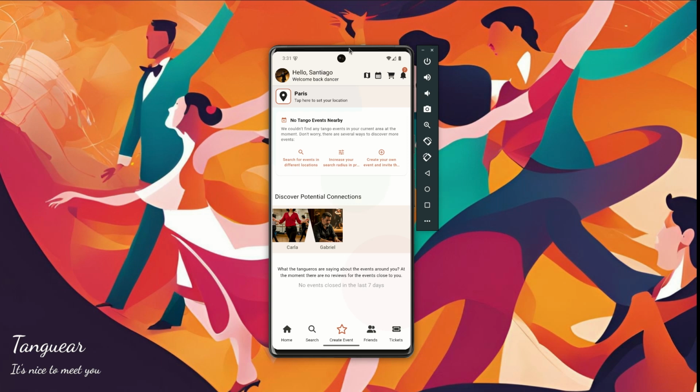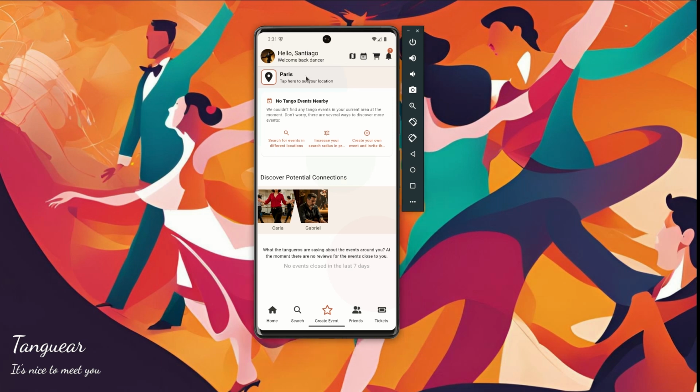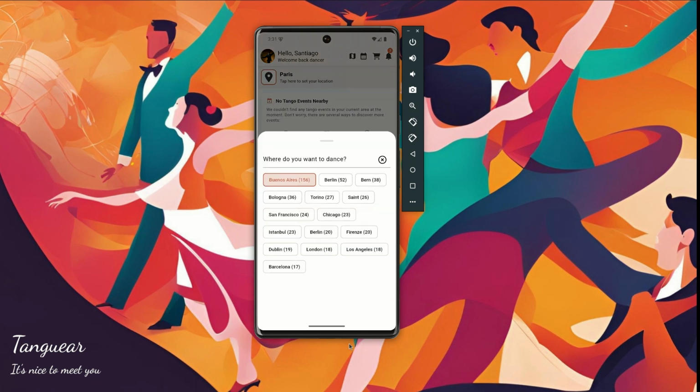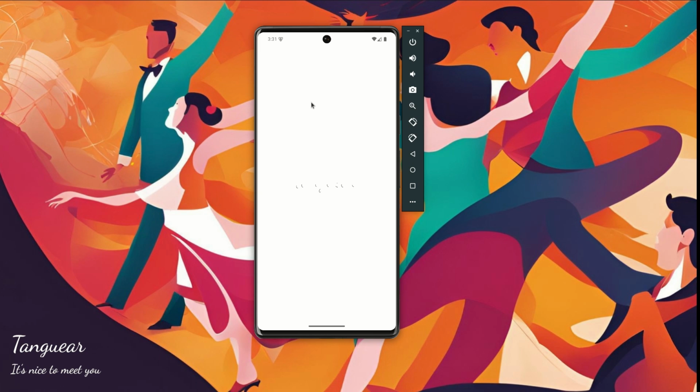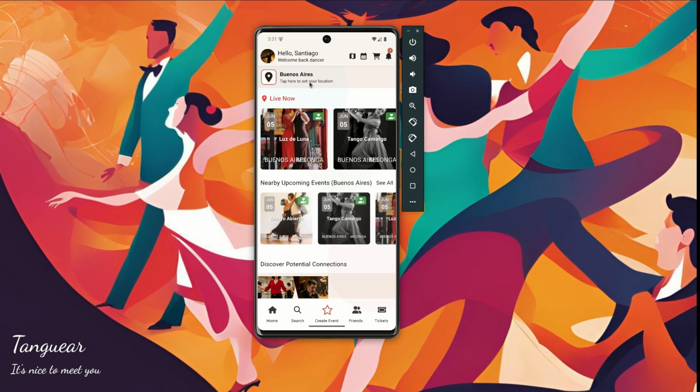Now if the user wants to switch the position, just click here, and now we have all the Buenos Aires information. I get this information from GeoAPI. That is a reverse geolocalization from latitude and longitude. I get this information, and this feature is really useful because a user can see directly in the list